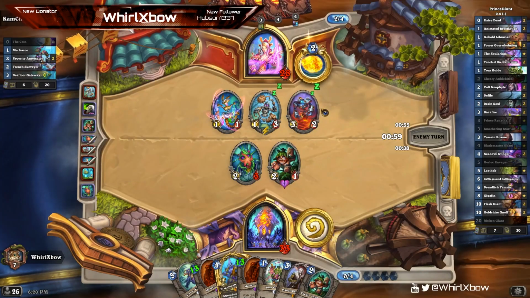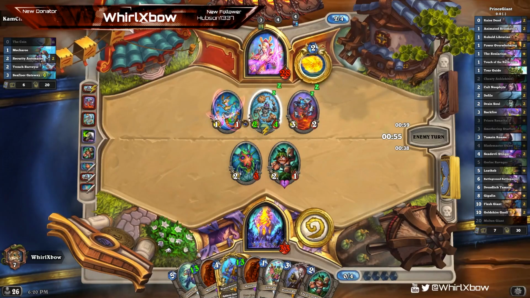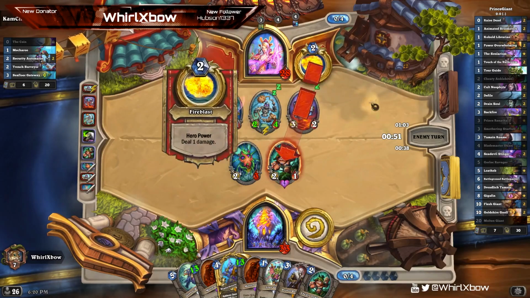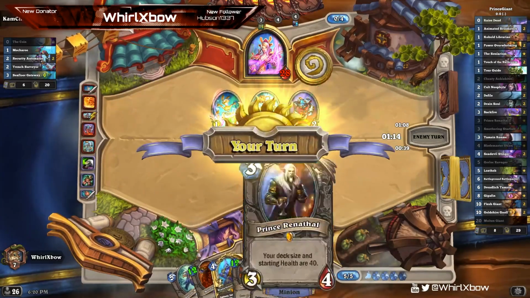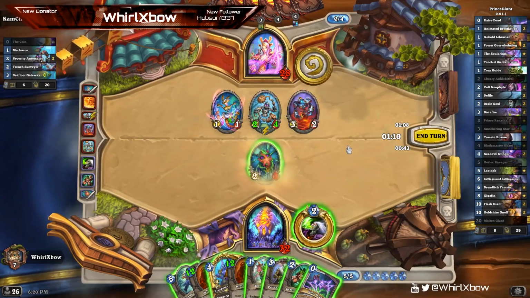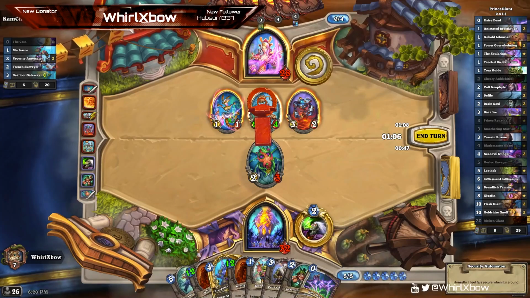It's so important to have initiative in this matchup. Seeing this, I'm super worried. Unless this play here is hero power, even then I'm still worried. I have 4 good draws in my deck. Yes. Okay, a couple more than 4. I kind of want this back, but I can't get it back guaranteed, so